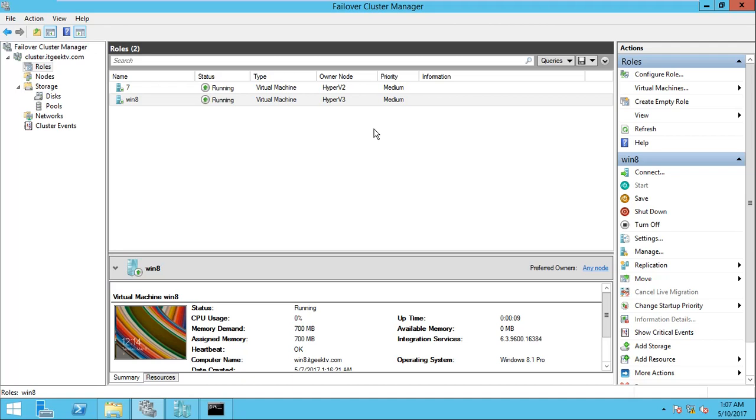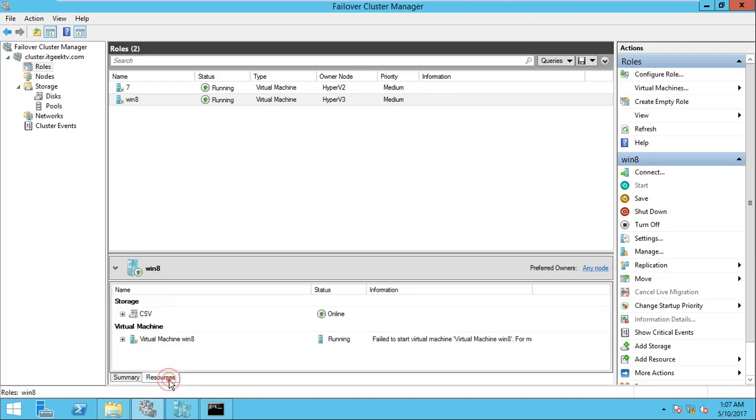The logic is, suppose my Skype for Business front end server does not support live migration, so I have selected the anti-affinity rule. In that case, my Windows 8 machine, which is holding a front end role, if Hyper-V 3 goes down, it should not go to any other Hyper-V host and power on. So it will prevent any catastrophic issue which may occur if it were successfully migrated to some other Hyper-V host. By doing that, you can prevent this issue.